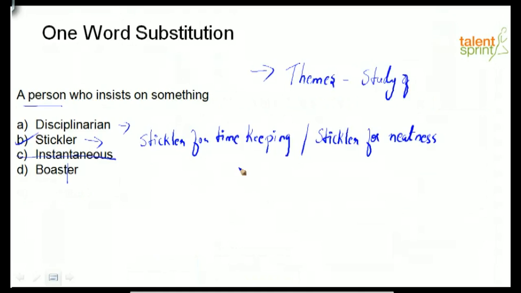Obviously, in the English language, there is no boundary to the number of words that are there, and one person cannot possibly know all the words, right? So we need to narrow down and look at the most common prefixes, suffixes, and roots, which will help us. So there are clue words, and there are Latin root words as well from which you can figure out the meaning if you're